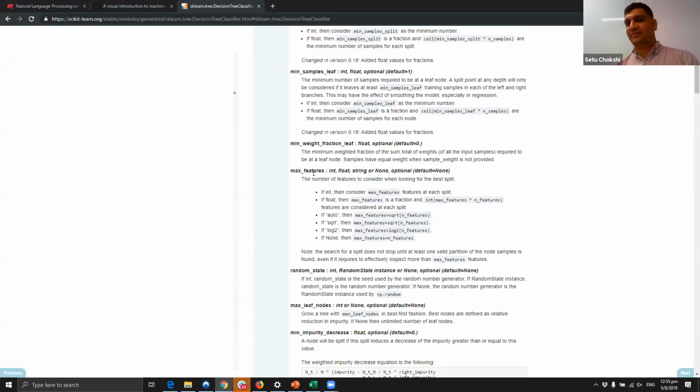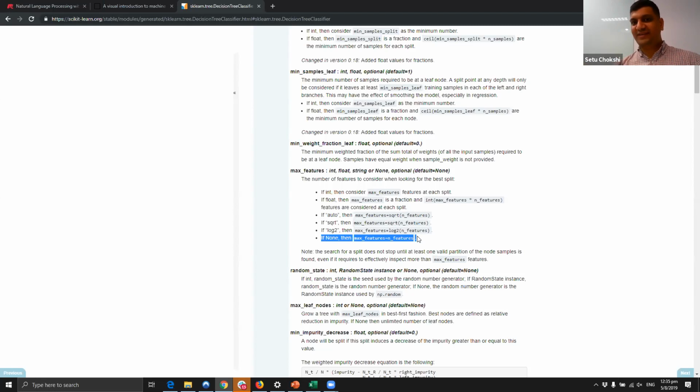Max features. This is where we looked at it again. If you set the default as none, it means everything will be considered. There are a lot of these values: auto, which is what I shared with you earlier. I can take the square root of the number of features, and only those features will be randomly picked and considered for the split. I can also do log 2. If you set none, then all the features get used for identifying the splits.